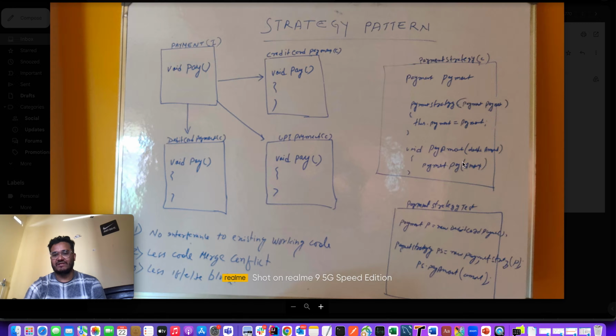I have the test class here. In the test class we have to create the object of the implementation, and while creating the object of PaymentStrategy we need to pass that object. When you call the PaymentStrategy's pay method and pass the amount, it will call the implementation